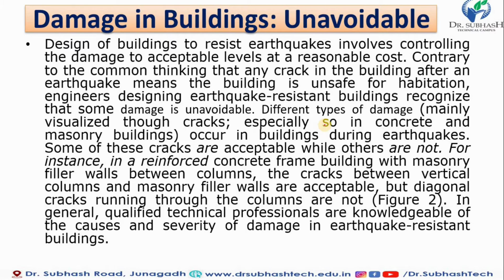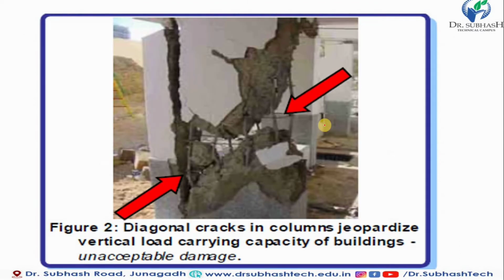So after the earthquake occurs, there is a team to inspect your building, and they have to analyze it under moderate, minor and strong shaking: which cracks are acceptable and which are not. Here you have to look at the diagonal cracks. These are very dangerous in a column, if you see diagonal cracks, or you can say